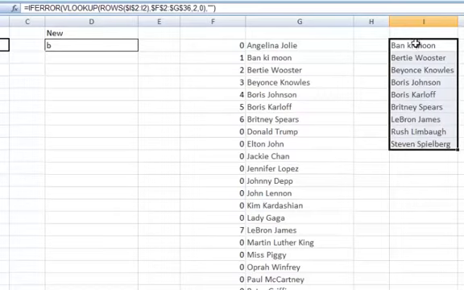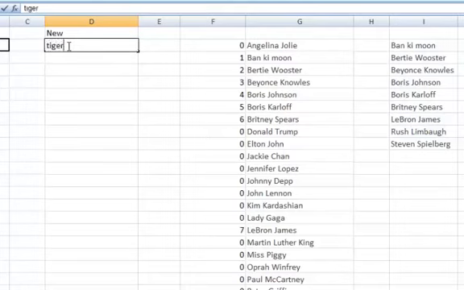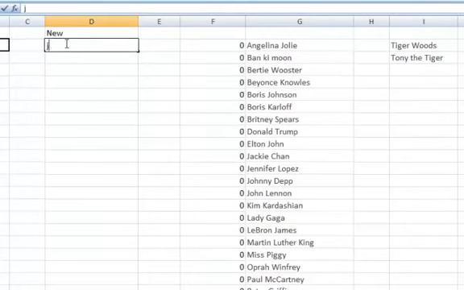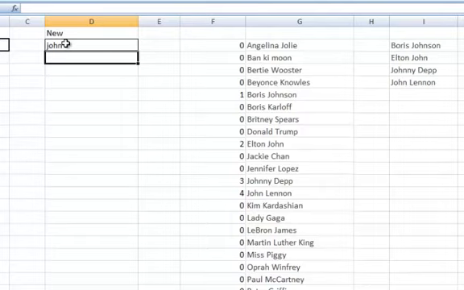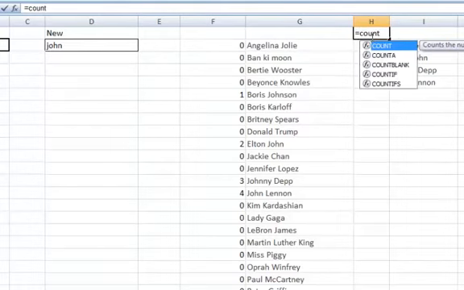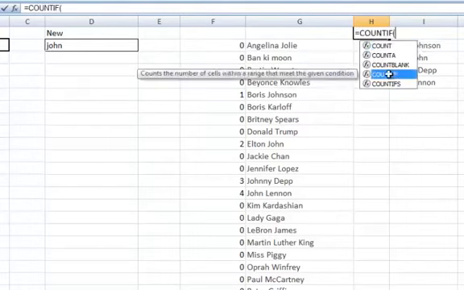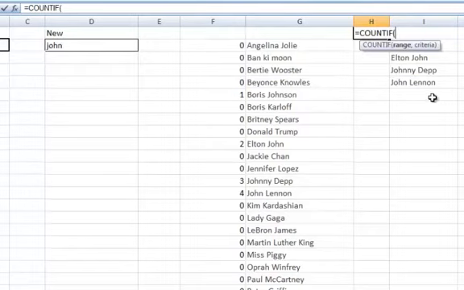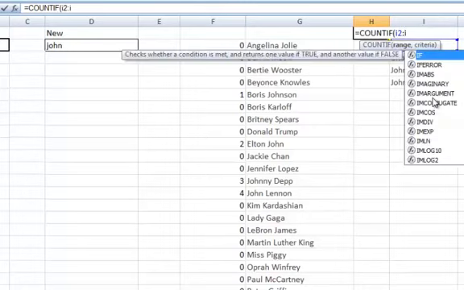If I type in B, it's 1, 2, 3, 4, 5, 6, 7, 8, 9. If I type in Tiger, it's 2. If I type in John, it's 4, etc, etc. So I need to basically know how many cells are going to be in this range. An easy way of doing that is by using COUNTIF. And the range I'm going to look at is I2 to I whatever,